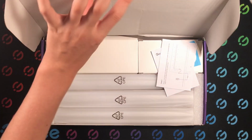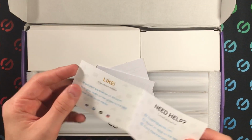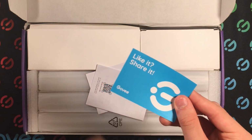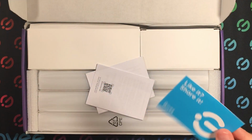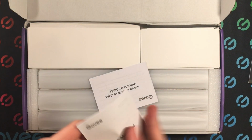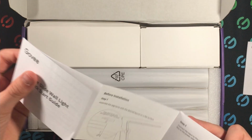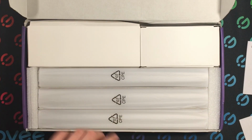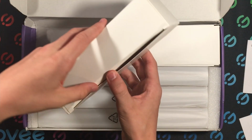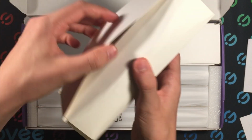So let's open the box. That wasn't hard. So you get a like it, share it card. Interestingly, this one feels thinner than the other ones that I'd get, and the blue is a slightly different shade. So that's interesting. You get a user manual. Toss that aside. And an installation guide. So I'm gonna hope that this thing is okay. You poor thing. Like, this box is just like completely